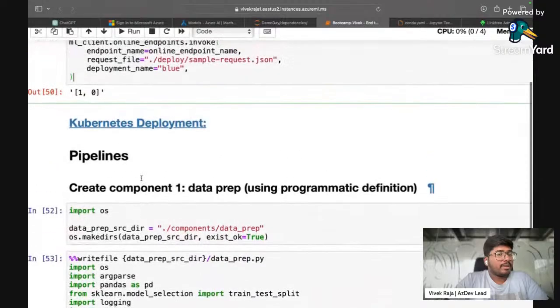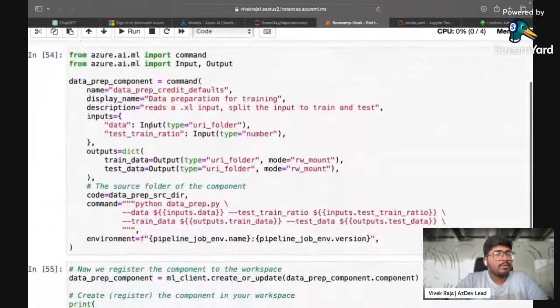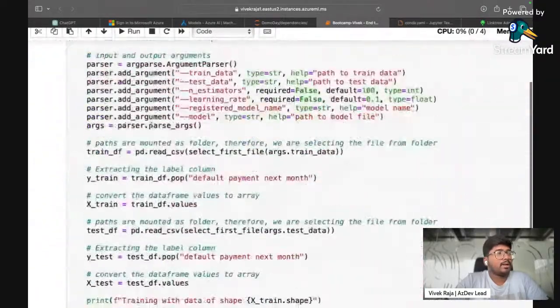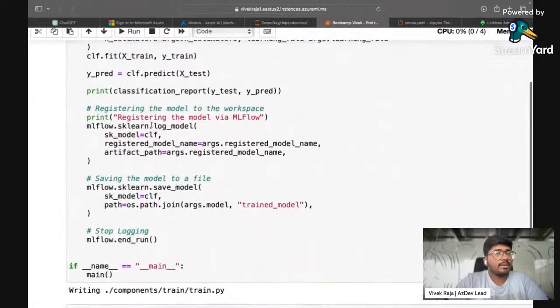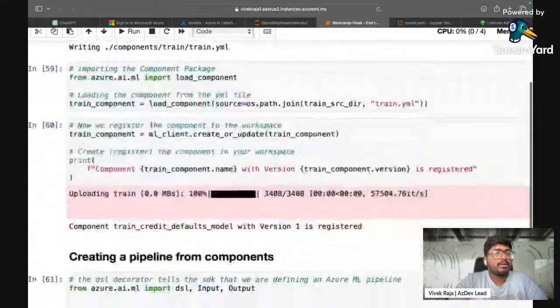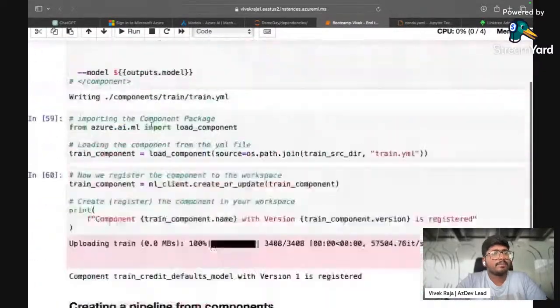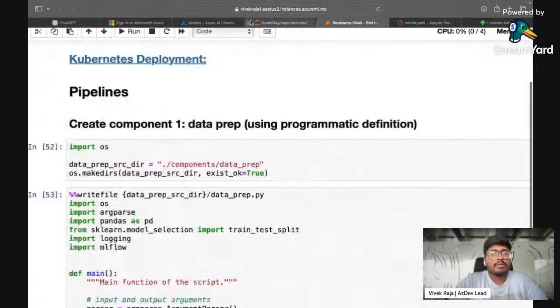We also have a Kubernetes deployment. Same as that, you're going to create a pipeline step and run it. This is something that I would like you guys to go and experiment with, which is fairly simple. You can find it on my GitHub profile, which you will find in my link tree. It's called Azure Bootcamp, and you will have all the code samples available here. So once that is done, we are good to go and we have done most of it.